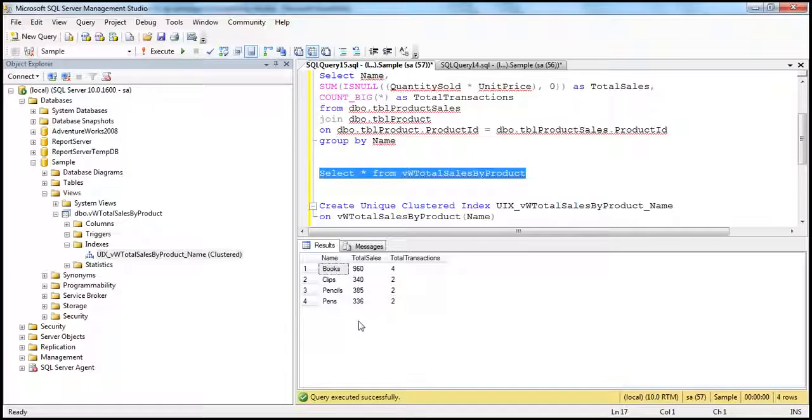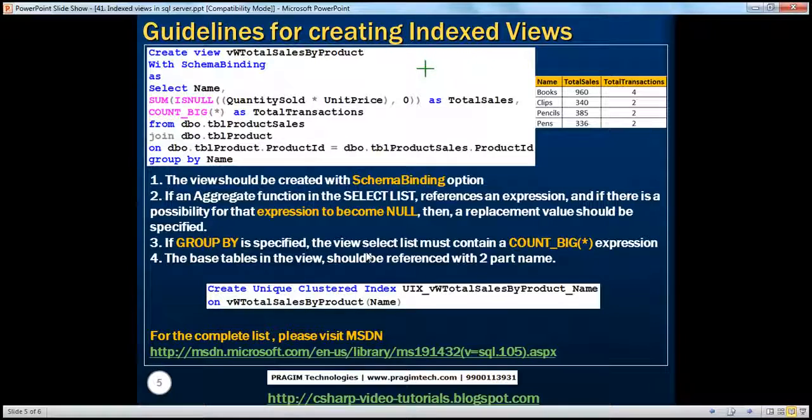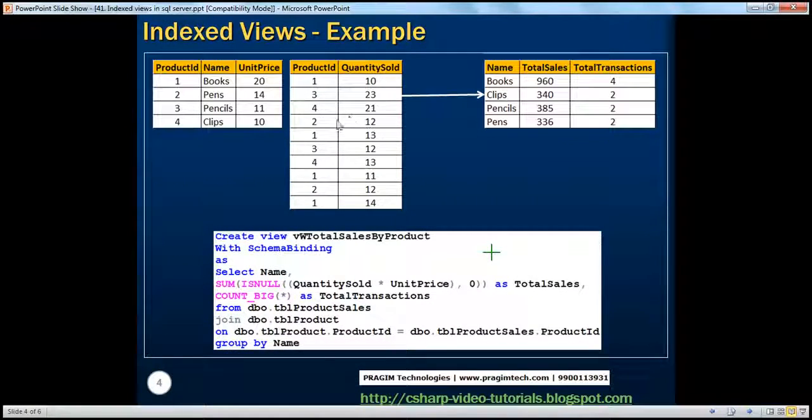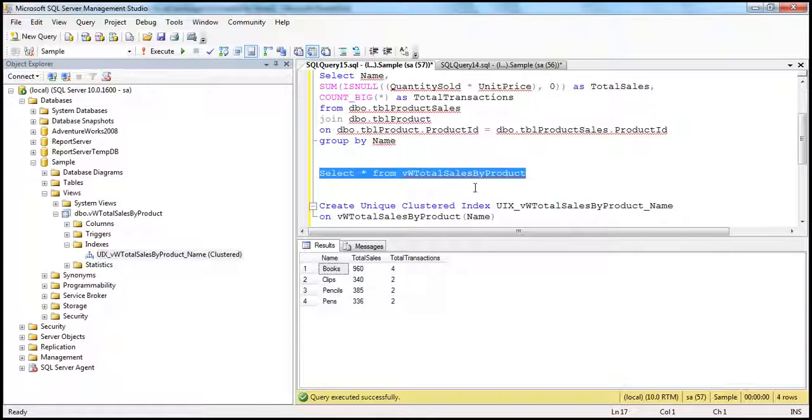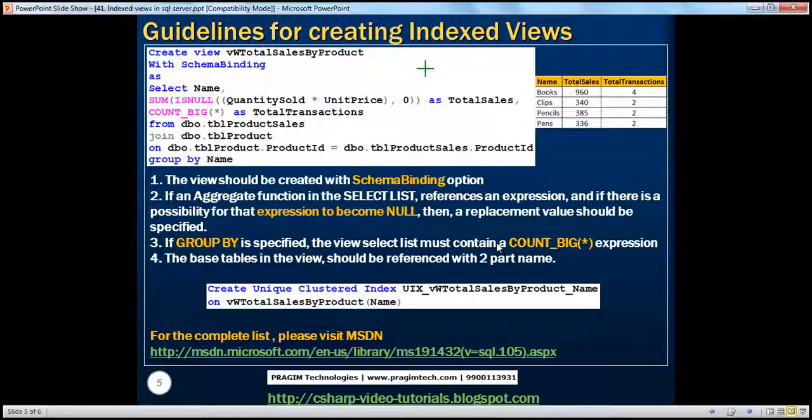Anytime a transaction is made and a row is entered into this table, the view is also recomputed and updated. So anytime people issue the select star from that view, the calculations are done pretty fast, and it can significantly improve the performance of your query. Basically, indexed views are suitable at places where the data is not changed heavily. These indexed views are ideal for OLAP systems, in a data warehouse environment, where the data is